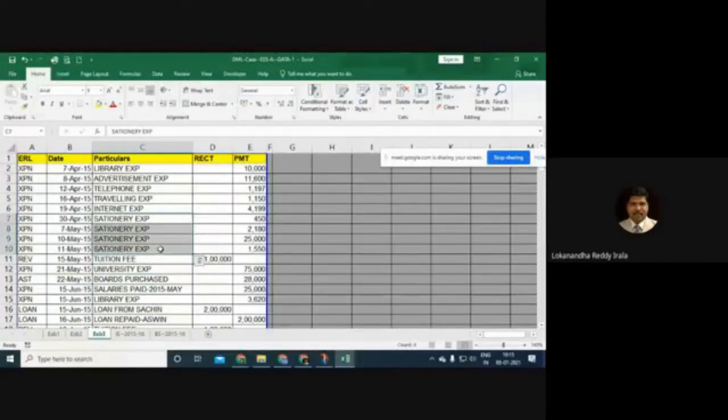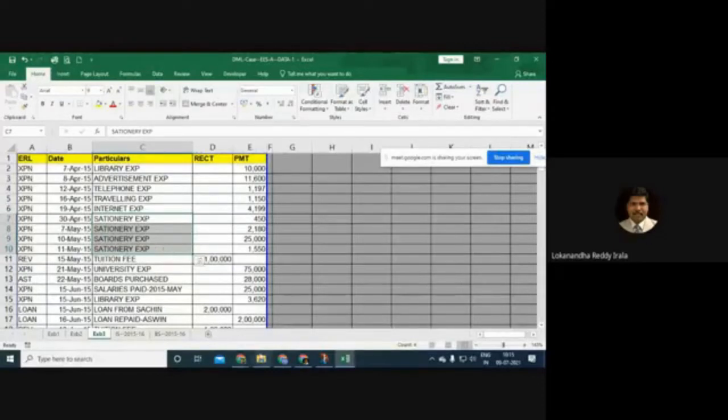So in accounting or in any huge transactions, codes are used. For example, if you go to a supermarket, you are aware that each product is coded with a barcode. If you go to a library, you see that all books have been coded. So this is to ensure that similar things are grouped together. So the code will help you.